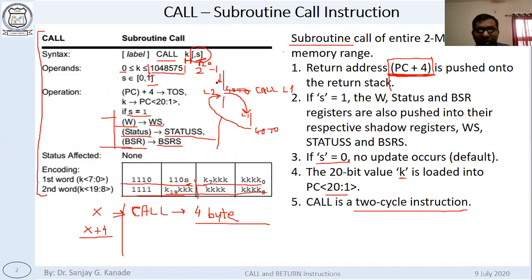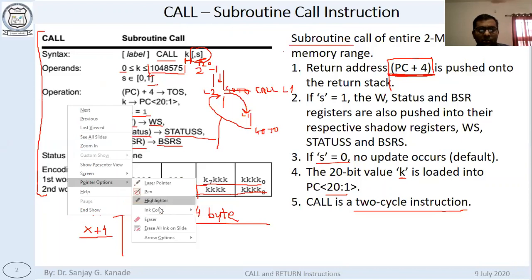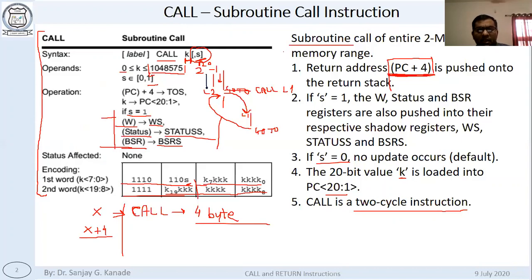Something like this, we were executing here, then suddenly call comes. So the address of the next instruction of call goes to stack. Okay, this address goes to stack, and the address of L1 goes to PC.